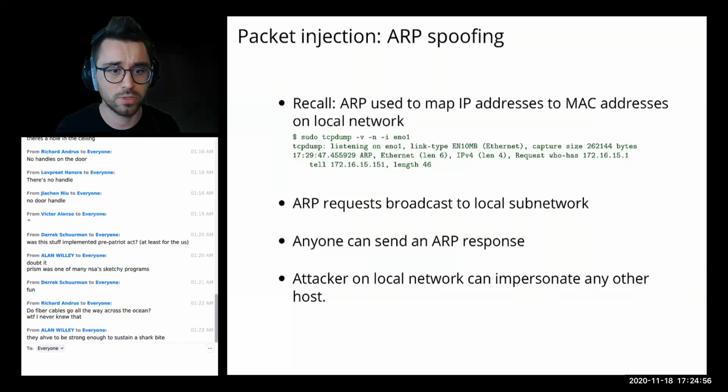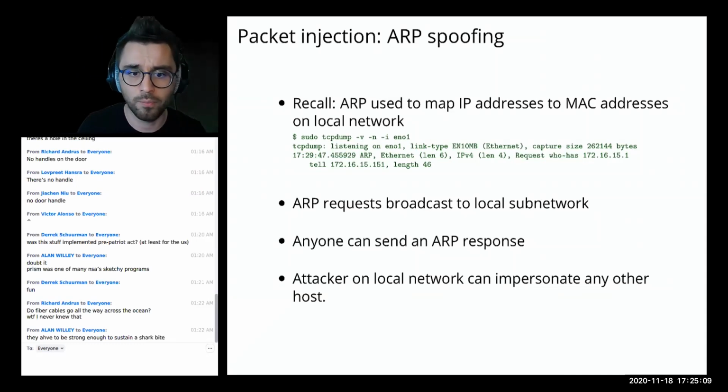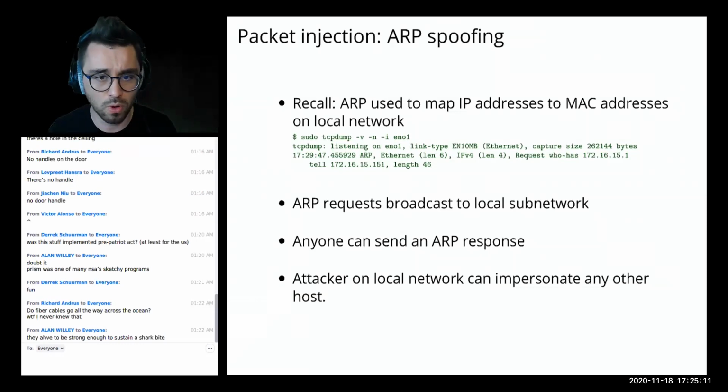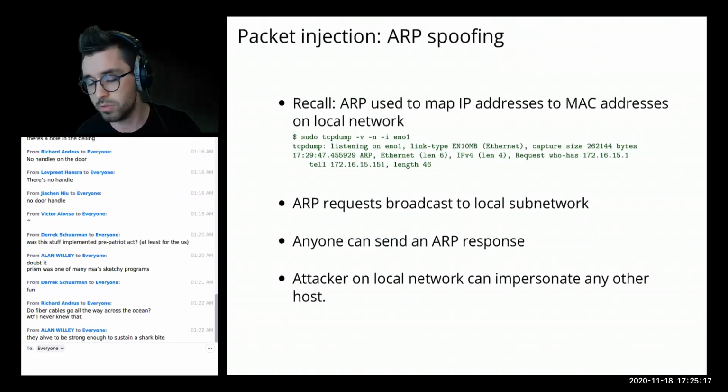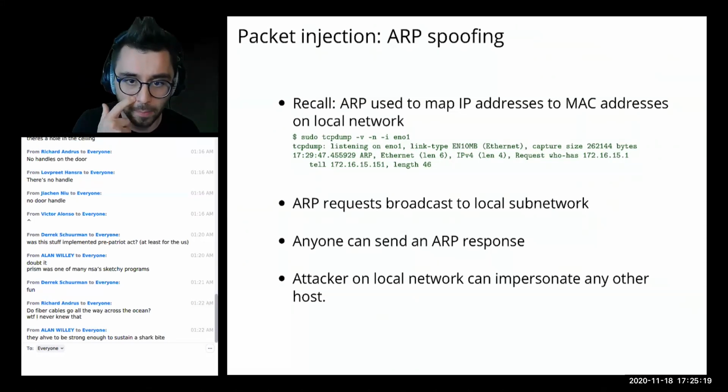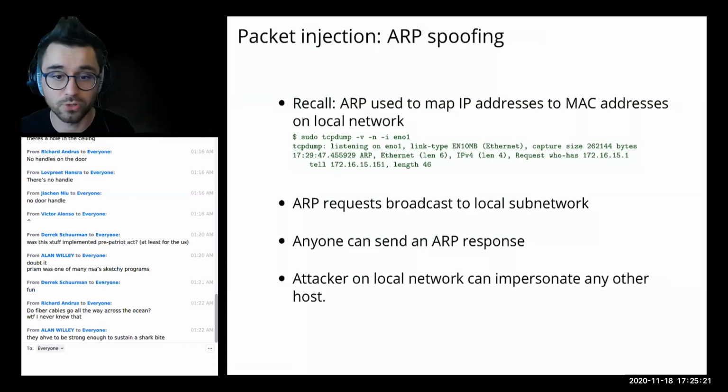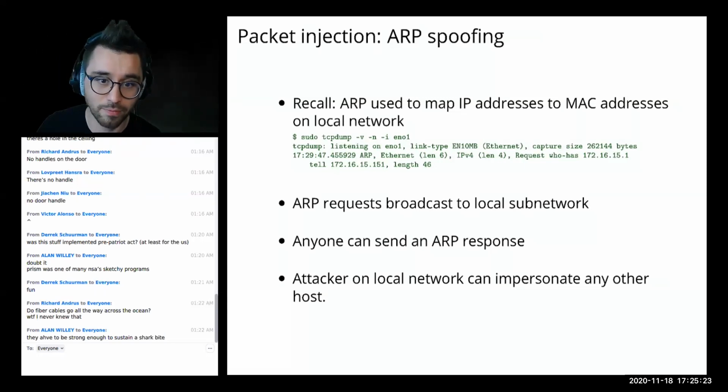So like last time, what we were trying to do is figure out what is the MAC address of Chelsea so that we can connect to that local server. The way we do this is we broadcast to the whole local network, hey, please send me your MAC address if you are Chelsea. And anybody can actually send responses and say, I'm this machine that has this IP address. I promise I have this IP address.